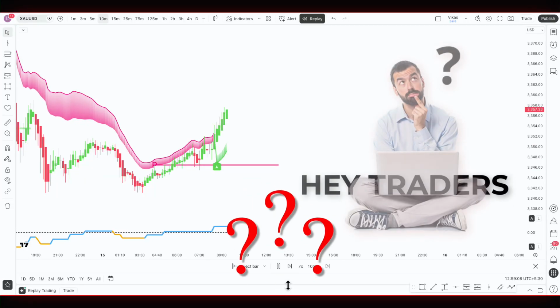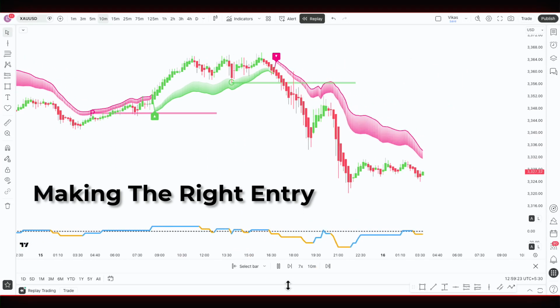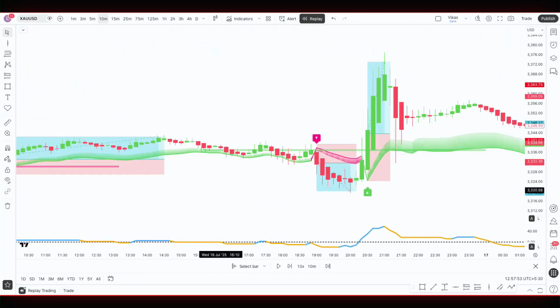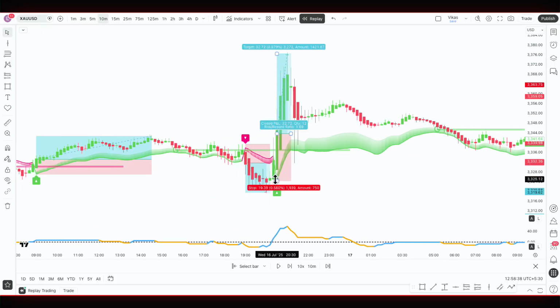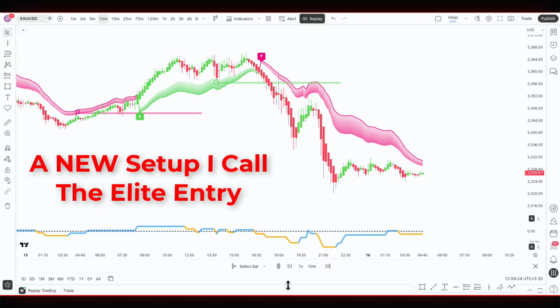Hey traders, what's the biggest challenge in trading? Not seeing the trend, but making the right entry. Often, the market starts a trend, but by the time we gain confidence, a large portion of the movement has already passed. To solve this problem, in today's video, I'm going to show you a new setup I call the